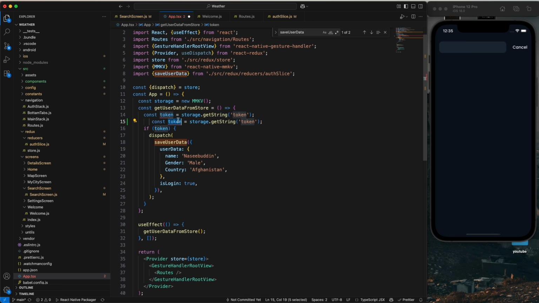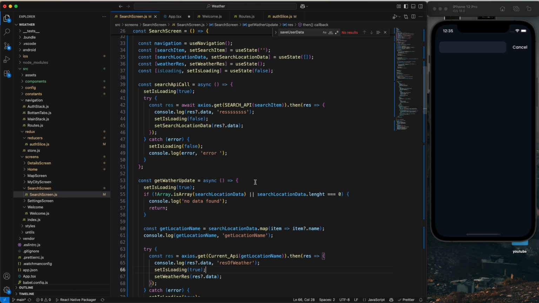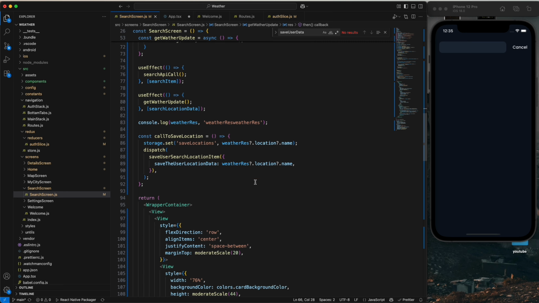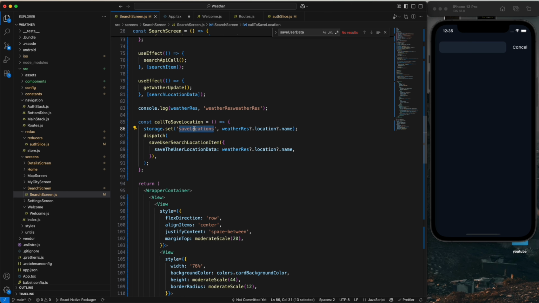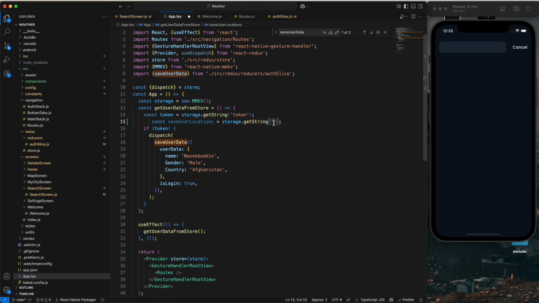and we need to change the name also, save user locations, and we have a token name also. Let's see the token what we have, save it, the token. So this is my token, save location. Just copy and paste it and save it, and we need to dispatch also from here, and just come here,